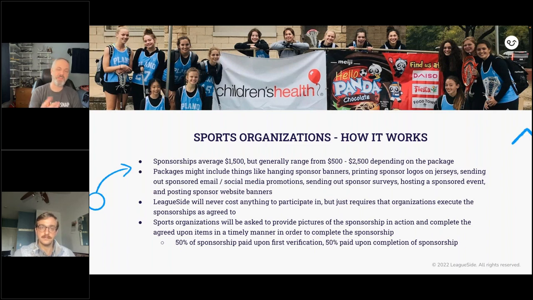Right. And one of the things around the packages, we're going to look in a second at what that looks like. When you talk about hanging banners, jerseys, uniforms, some of the logistics support, and having seen a little bit of it, there's a whole bunch of different types of sponsorable assets out there. Is that for the club then? How does that work? Are they putting those together? Are they printing that out? If they've got a process, what if they don't? How do you help guide them on some of that part, which, once you bring in the sponsorship, you've got to fulfill it? How do you help organizations complete that part of the process?